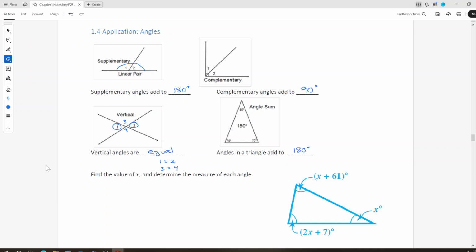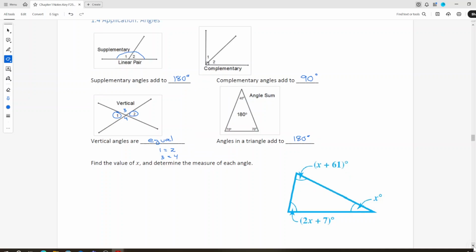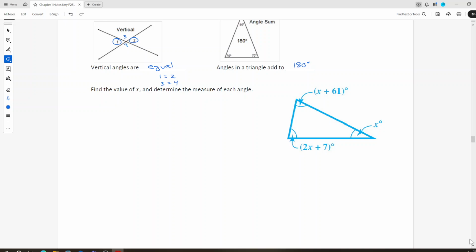So what they'll do is they'll give you one of these 4 pictures and they'll say solve for the unknown angle. And in the angles, they're going to have algebraic expressions. So for example, this one is a picture of a triangle. They tell you that this angle is x plus 61, this angle is 2x plus 7, and this angle is just an x. And we're going to use the rule that angles in a triangle add up to 180 degrees